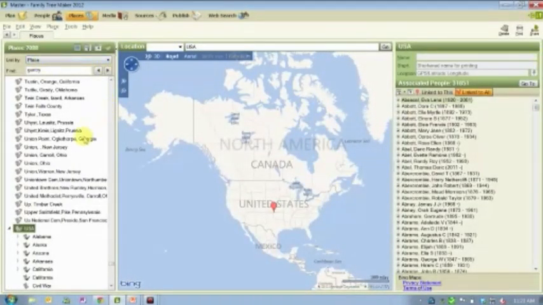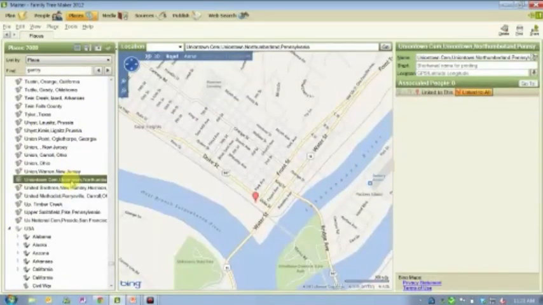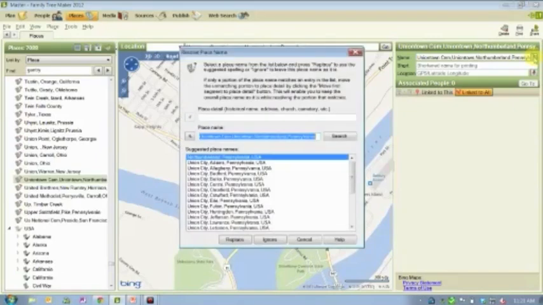Okay, so here's Union. So let's talk about these too much detail. So I've got Uniontown Cemetery in Uniontown, Northumberland County, Pennsylvania, and you'll notice it even zoomed right in on the map to where it thinks it is. So I can click on this resolve place name. I can take Uniontown Cemetery and bump it up to the description fields, and now I can search for just Uniontown,